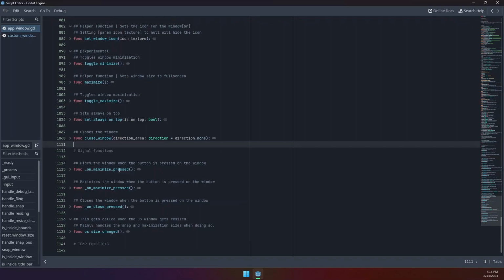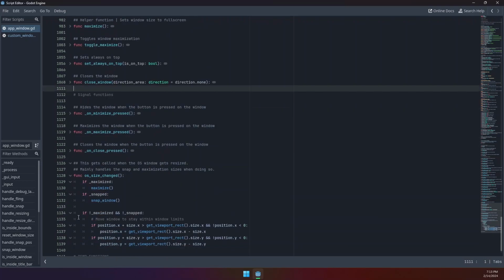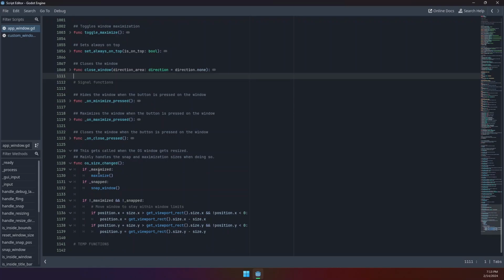And then this is if these certain buttons are pressed and if the window size changes, which if it's maximized, it'll call the maximize animation. If it's snapped, it'll call the snap window animation. And if it's neither, it'll set the position and size to, or if it's greater than the,